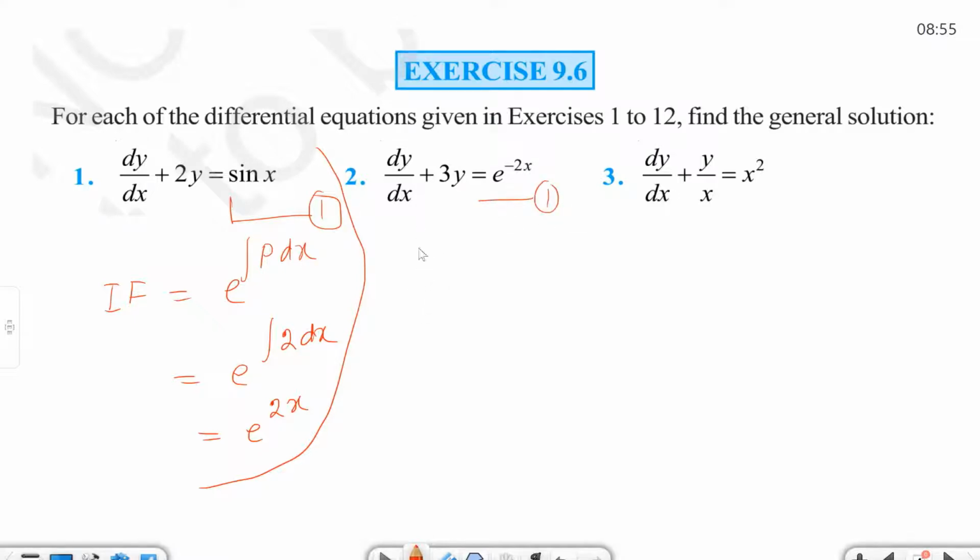So the integrating factor is equal to e to the power integration p dx. The equation is linear in y, so we write dy. So this is equal to e to the power integration 3 dx, obviously e to the power 3x. Therefore, multiplying, this implies e to the power 3x into dy/dx